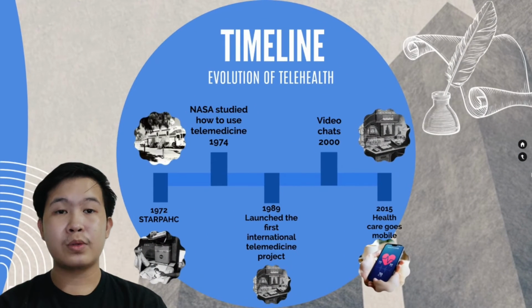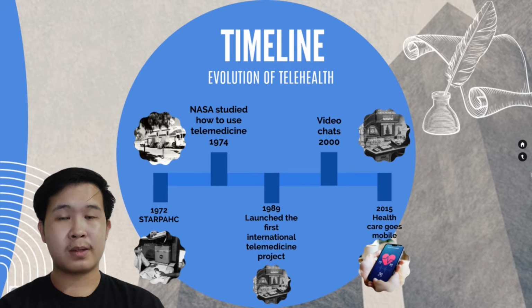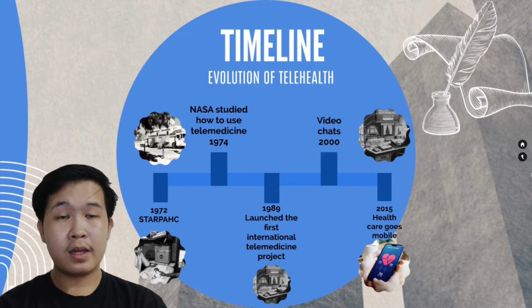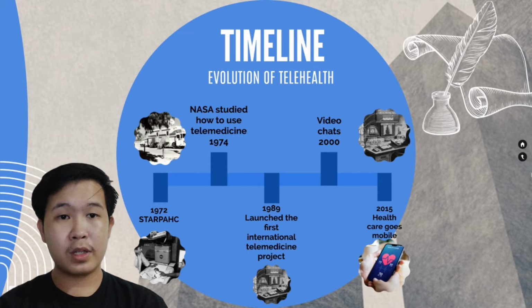In 1972, space technology applied to rural Papago Advanced Healthcare delivered remote healthcare to Papago Indian Reservation in Arizona. In 1974, the National Aeronautics and Space Administration or NASA studied how to use telemedicine. In 1989, the first international telemedicine project was launched. In 2000, video chats like Skype was introduced for virtual video chat. In 2015, healthcare goes mobile. And for the next reporter,